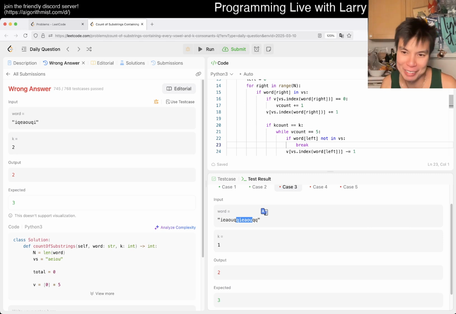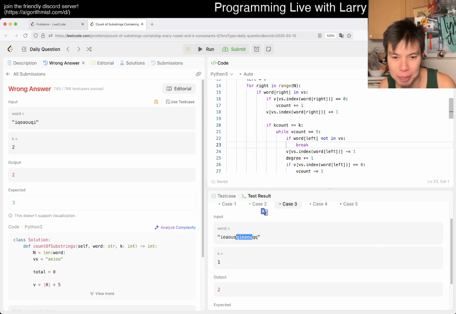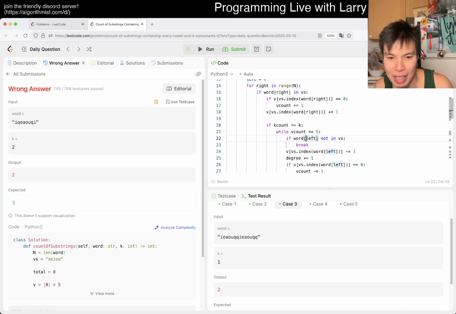I'm trying to think whether I can pivot to another answer, because the way that I'm doing it is really not great, as you can see. Yeah. Here, we don't count it, right? That was the issue that we were running into, and it's because we went to 5. We have a consonant, but